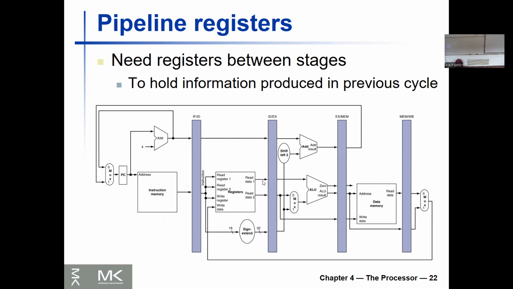And the RS and the RT and the sign extended 16-bit. And there's a big register here that contains the result: the branch result, like where I want to go in my branch. It's also going to contain the 0 field from the computation, and the ALU out if I did an add. And it's also going to contain the RT value, etc. Each time I go to a new cycle,